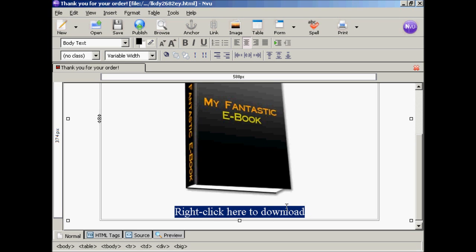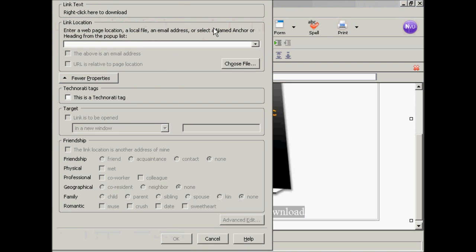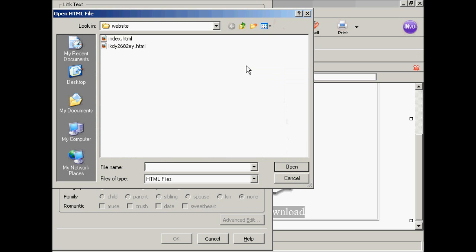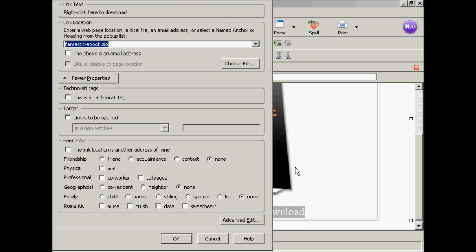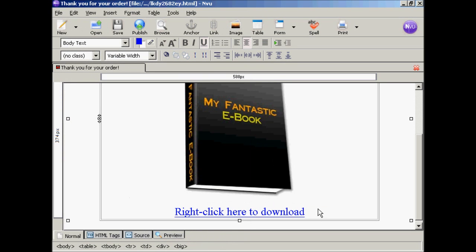and then I'm going to link to the product, which is a zip file. So click here on link, and again choose file, and we want to have all files, and this is the one that I'm going to download, fantastic ebook.zip, or what I want the customer to download. So click on that and click on open, and none of this applies, so we'll just ignore all this and click on OK, and there you go, there